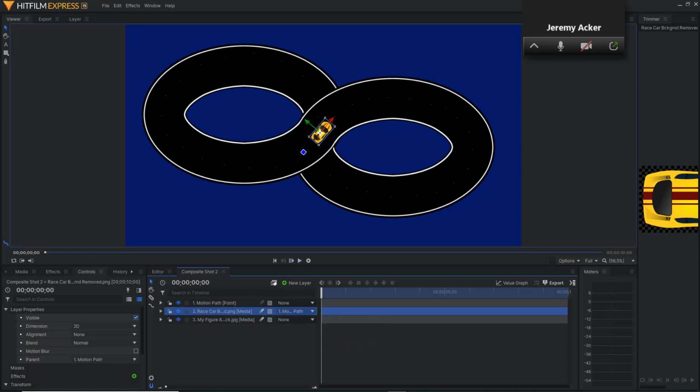Now what we've done is we've parented the car to this path. So when I play the animation, the car should follow the path. And that's what we want. So far we have the car going along and doing what the path is telling it to do. So that's the first step to finishing your